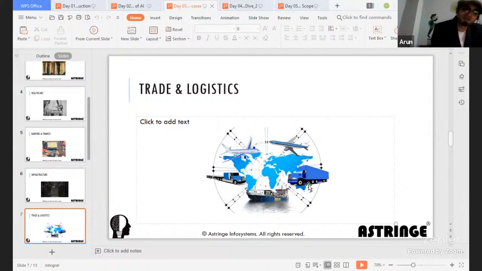And also, you can use AI to see what other transportation modes are possible. Probably you can use a private jet, or a passenger jet, or a cargo jet. Based on the scenarios, you can reduce the time of delivery, number one, and also increase the profitability of the business. So you can ensure that with AI. In the past, you could not have got such amazing insights as you have today.